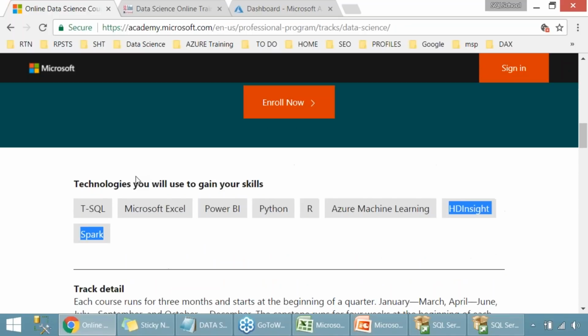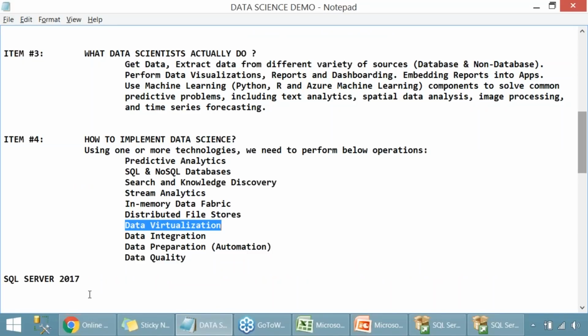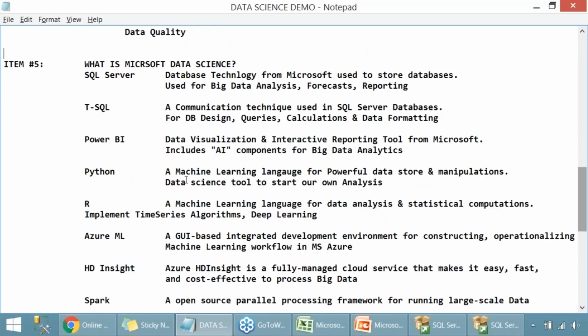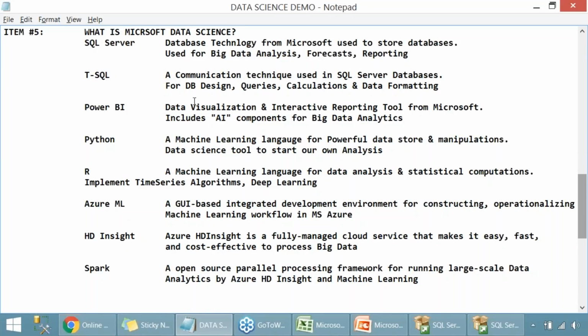What are these? Well, back. Let's understand what exactly each of the components mean. Well, so here we go. So on my screen now, what is Microsoft Data Science? Yes, here it is, friends. Microsoft Data Science